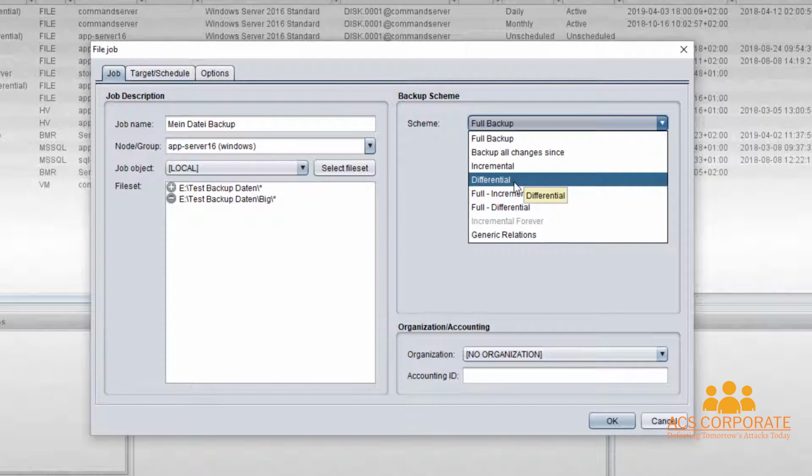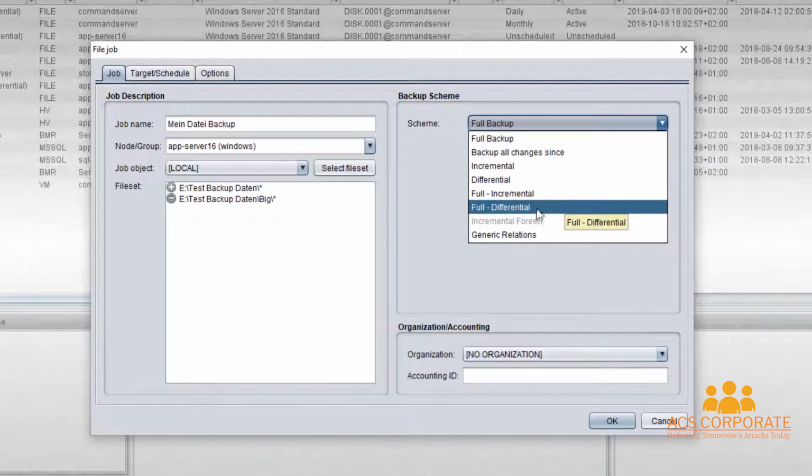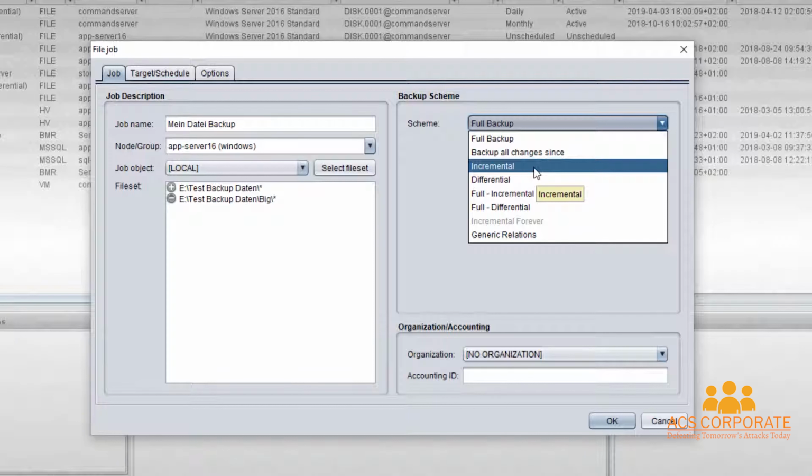So that type of job can grow in size every day that you run it, compared to an incremental, which is basically the exact changes since either the last full or incremental ran. Differential is, again, a backup since the last full ran, so it can grow in size quite a bit compared to incremental. The combination jobs here are just your ability to select one item as far as backup scheme, and